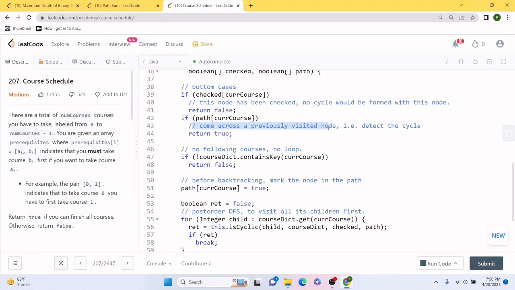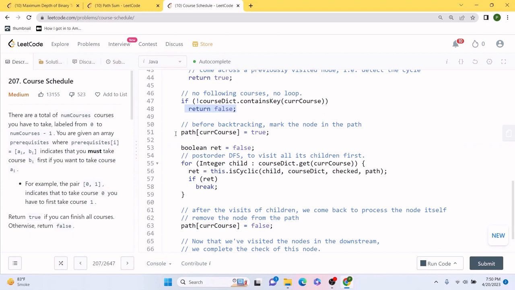If that is the case, it means we identified a cycle, and we are going to return true immediately. If neither is the case, we check whether the course dictionary contains the course we are currently at; if it does not, there is no loop, so we return false. If that is not the case, we are going to mark that the current course is already in our path, and we have a boolean variable set to false.